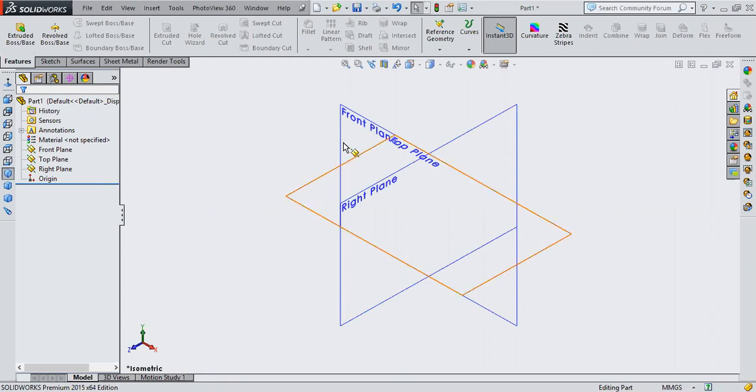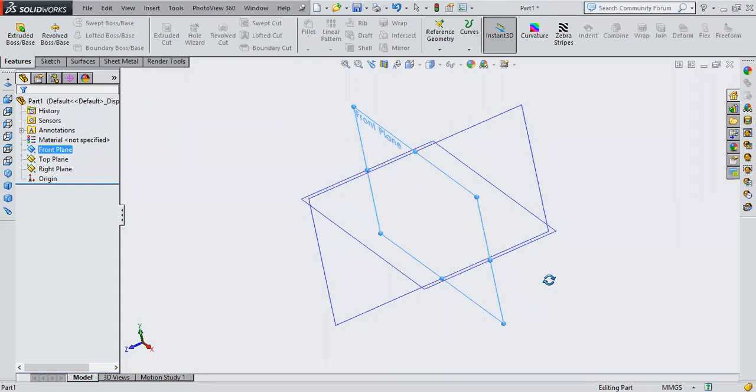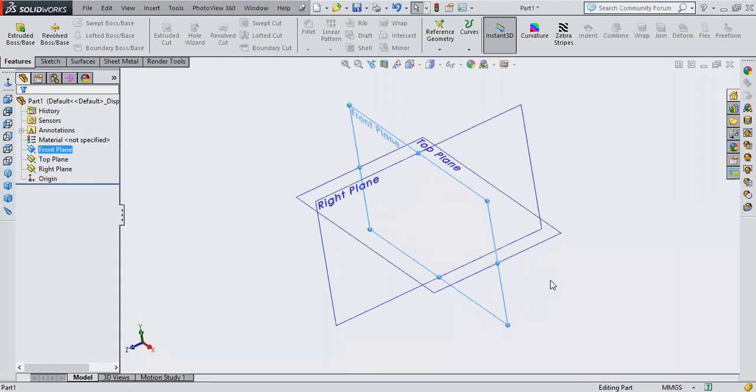Yes, sir. So what is the plane perpendicular to this front plane? Top plane, and the right plane as well. These both planes are parallel to each other, right?